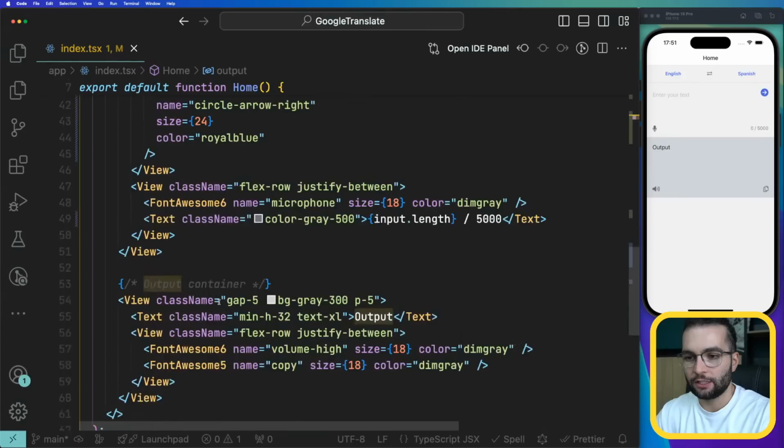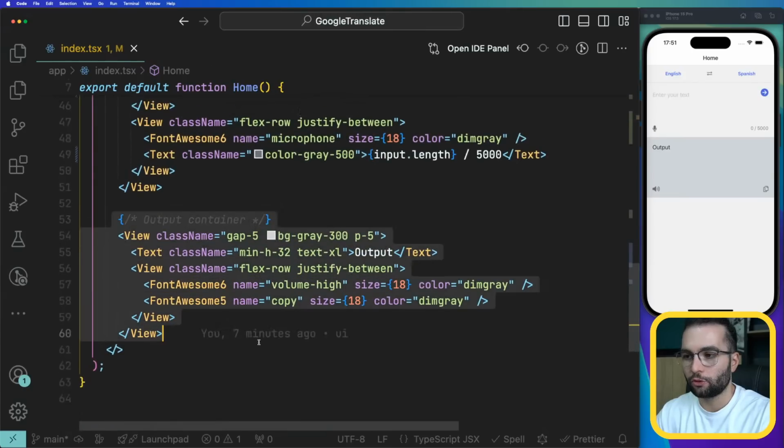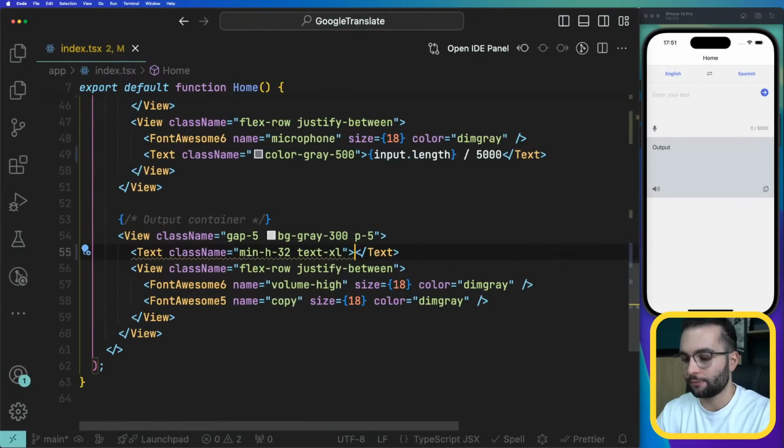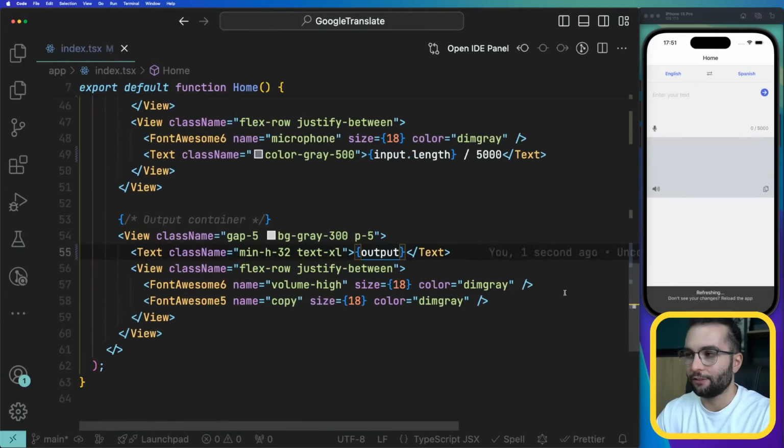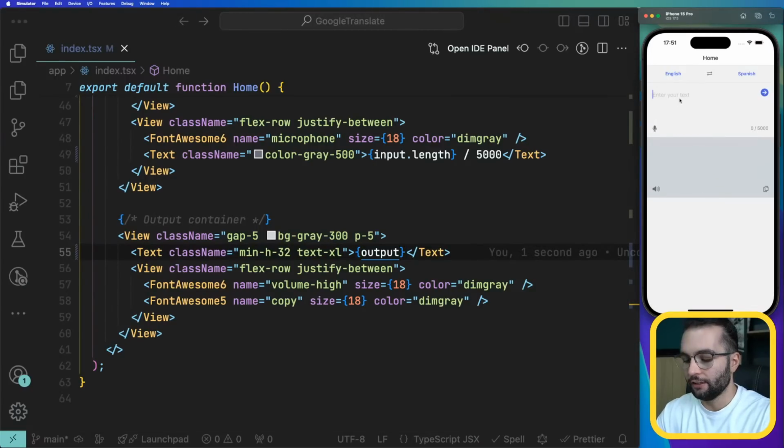Let's go ahead and use it in the output container. Instead of this text, let's render the output state value. Now there is nothing there, but if I write something here and press send, it's going to be copied to the output. Later, it's going to be actually a translation, but for now, we see how it works. And in fact, on mobile,